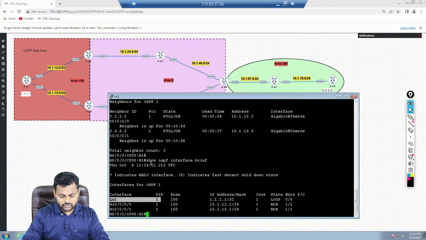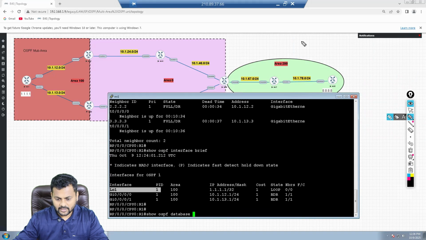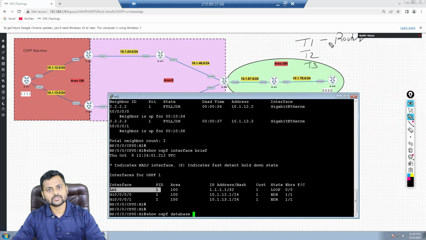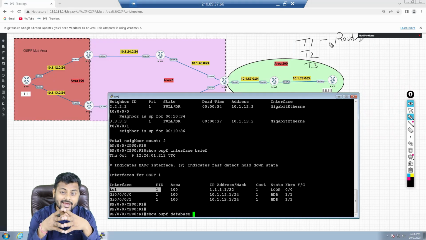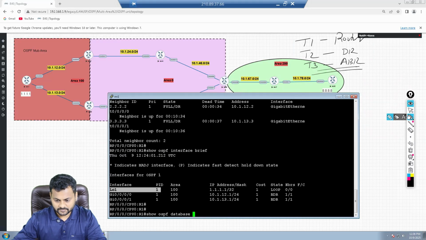At the same time, you can also verify the OSPF database table. So in this OSPF database table, what happened? You will have 3 LSA types: type 1, type 2, and type 3. The type 1 is called a router LSA, which is generated by every router. So if you have 10 routers in your area, then you will have 10 router LSAs. If you have 20 routers in your area, you will have 20 router LSAs. The type 2 LSA is generated by the DR, right? And the type 3 LSA is simply generated by the ABR router. So that's going to contain the inter-area information.